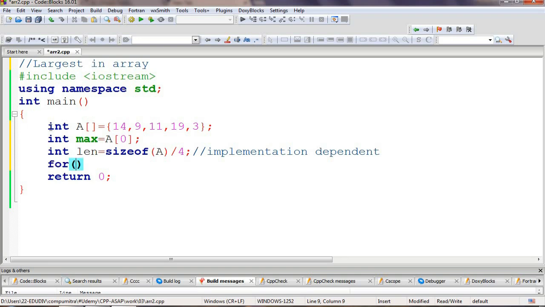For int i is equal to 1 to i less than len, we can check here, and i plus plus. And then the simple work we'll do is, if